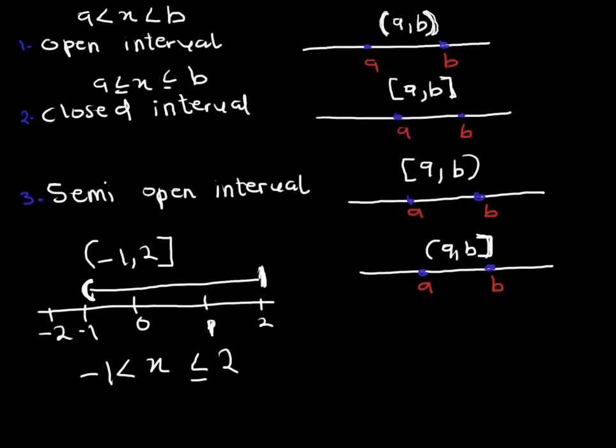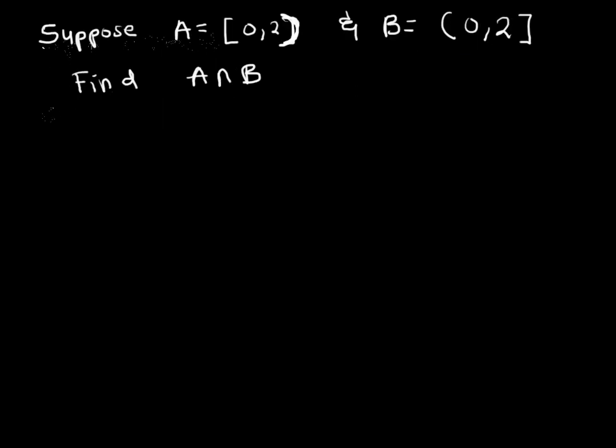Now let me clear this. Now we have the example. Suppose A is equal to the closed interval 0 to the open interval 2, and B is equal to the open interval 0 and the closed interval 2. Find A intersection B. Now the biggest mistake you can make first and foremost is writing the answer in this form: